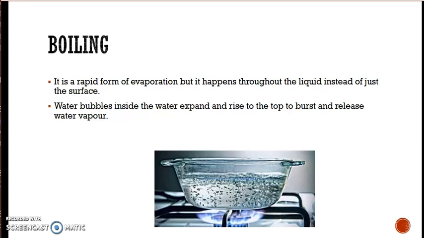So, water bubbles inside of water expand and rise to the top to burst and release water vapor. Inside water, you can't really see it, but there are air particles inside there. If I have a water bottle right here and I'm shaking it, you can see some of the air flows up to the top rapidly. But if you look really closely, there are actually smaller air particles flowing up to the top. It's really small, but when you supply heat, the air expands and it flows up way faster